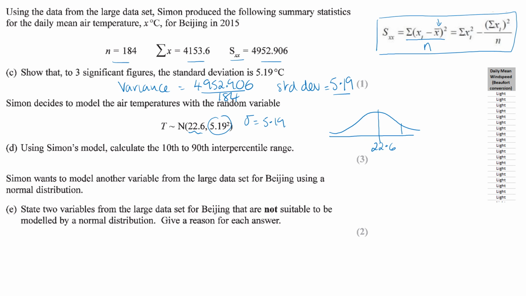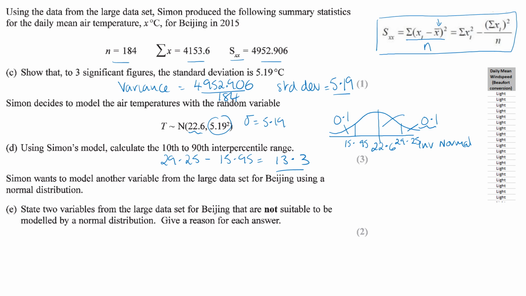But if we think about the interpercentile range, we want the 10th to 90th, so this area here would be 0.1 and this area here would be 0.1, but if you do inverse normal on 0.1 and 0.9, because we always go from the left, so for this area here, the area the other side will be inverse normal of 0.9, you'll get these 2 values here, which come out to be 15.95 and 29.25, and then the interpercentile range is 29.25 take away the 15.95,